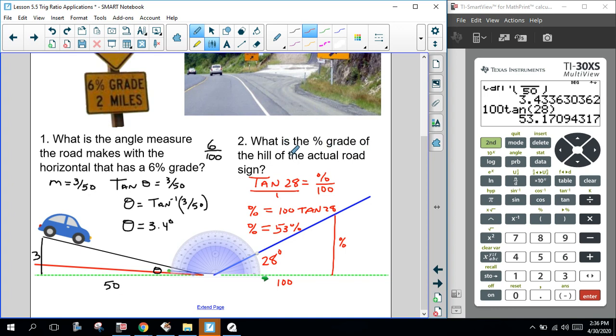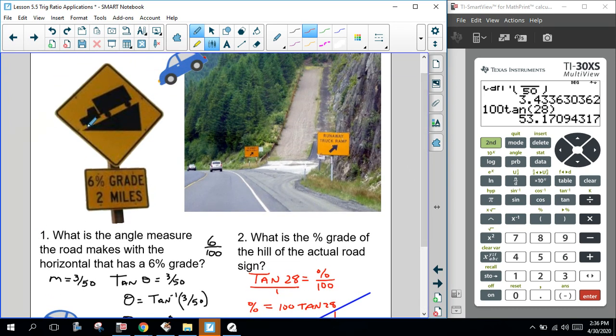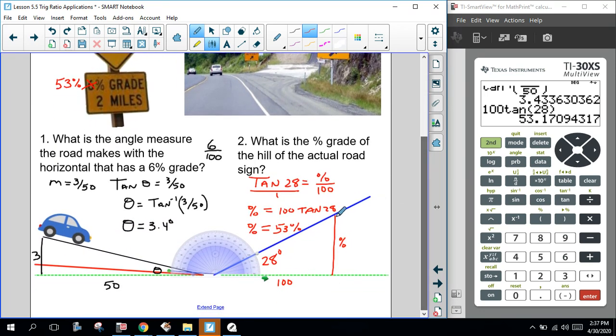All right, so what is the percent grade of the hill of the actual road sign? Well, this percent grade that this guy is on right here is actually, no, not 6%, but 53% grade. So the sign is not necessarily real accurate, but amazingly enough, even though the road itself only had this real small 3.4% grade, it is still going to be very steep for a truck to go on for over a course